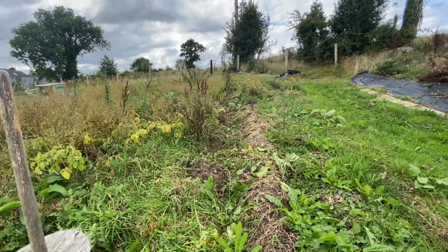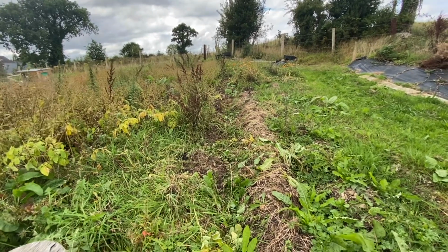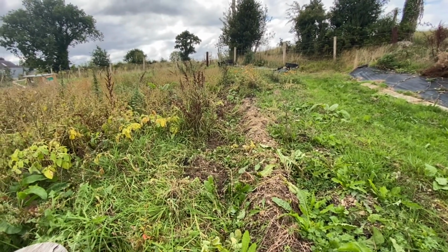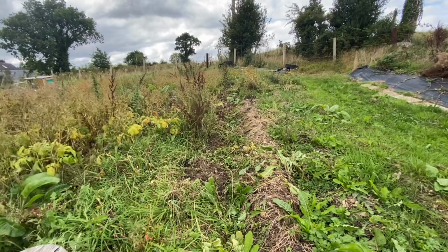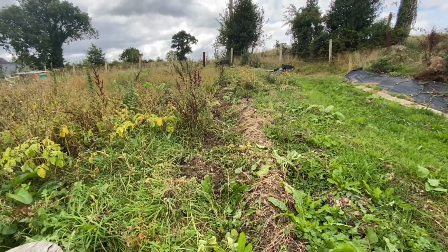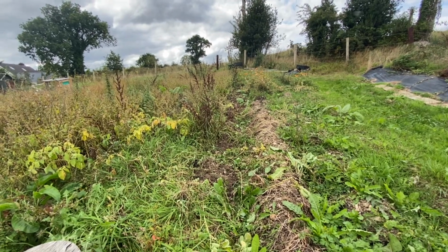If any of you have any suggestions on easier ways to grow potatoes, I know there are other ways, but a lot of them won't work in our damp climate. But if you have any suggestions on how to make that easier, please feel free to comment down below. I have grown potatoes in raised beds before, and certainly that is easier, but because I want to produce so many potatoes, like I'm looking to feed the family year round, and I would like to be able to give some away to friends and family as well,